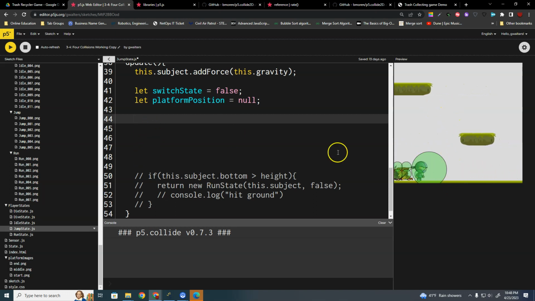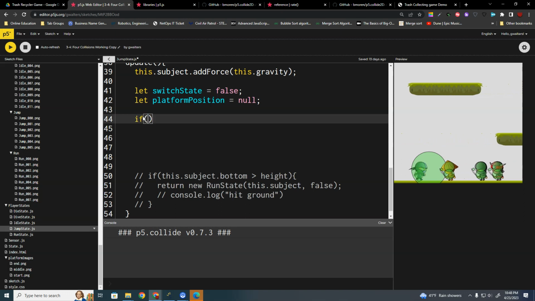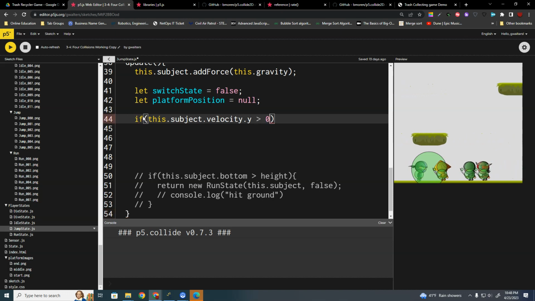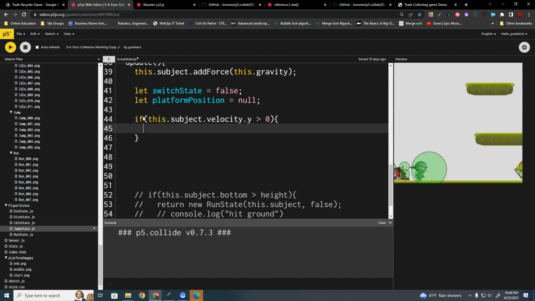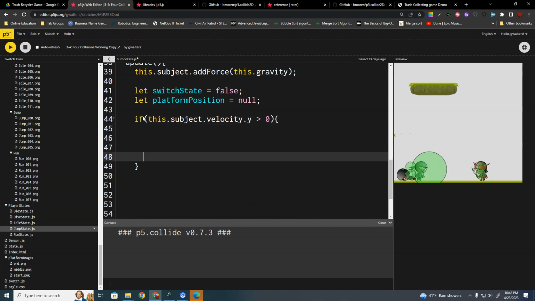When we're coming down, we got a positive velocity. That's when I actually want to start checking for when we need to have some type of collision with the platform. So if this.subject.velocity.y is greater than 0, if that's the case, then we're going to look through